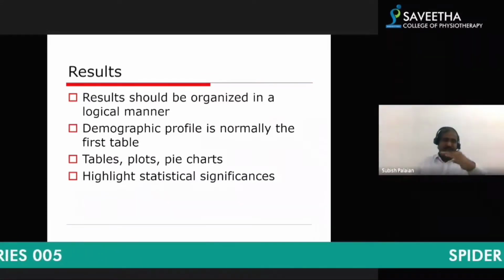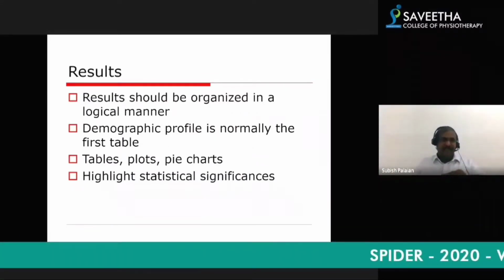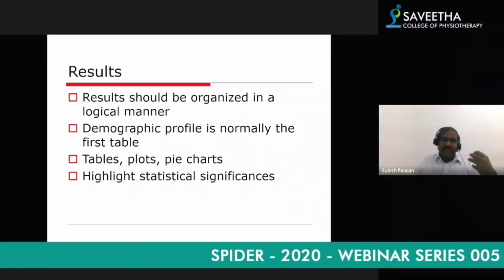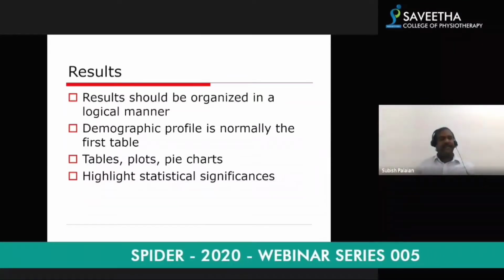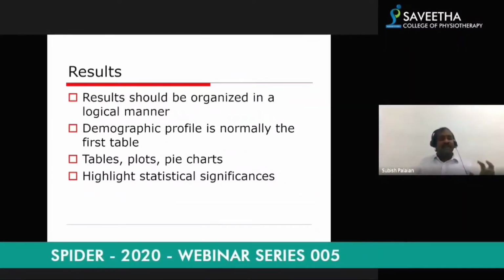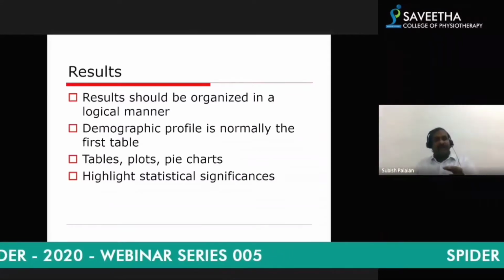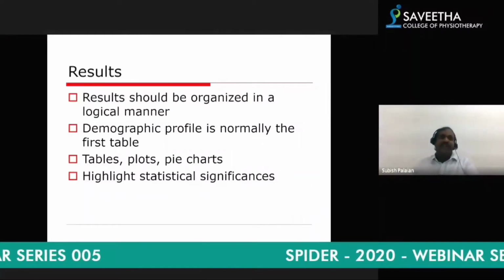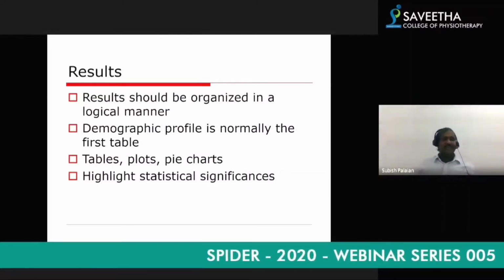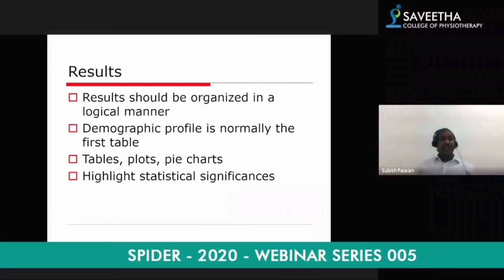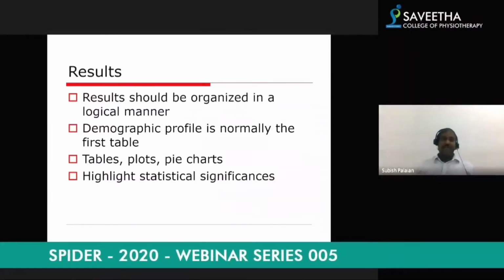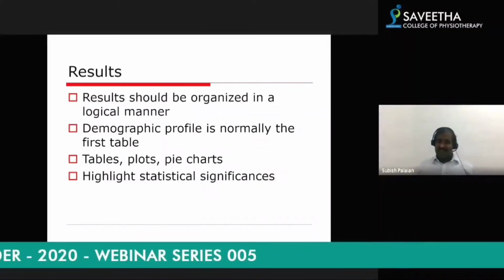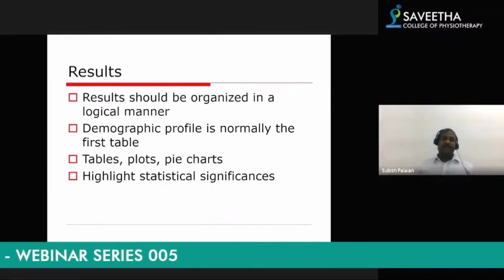You got it? So you have to organize the results in subheadings, in a very logical, sequential manner, and you need to interpret some of the findings in your results. You say that the most common cause for back pain is carrying weight on the shoulder, but more details are available in figure 2. So how attractive, how clear, how well you present your result is very important. Maybe you can go into any of the published articles and see how the authors have presented their results. It should be nice.